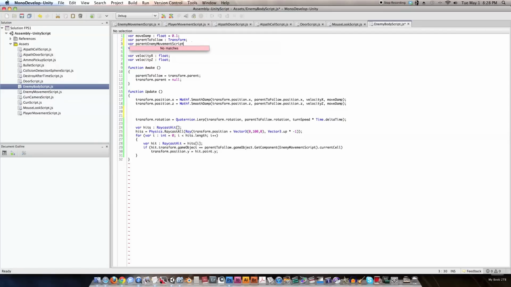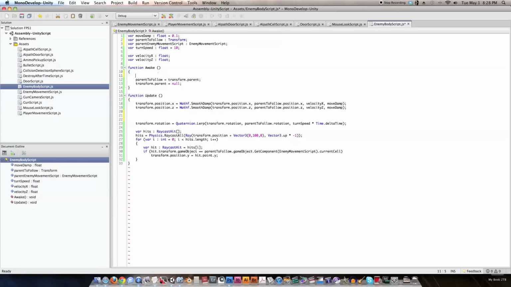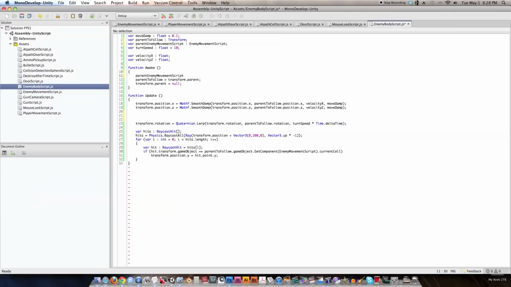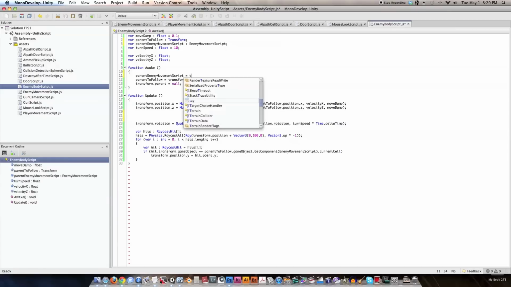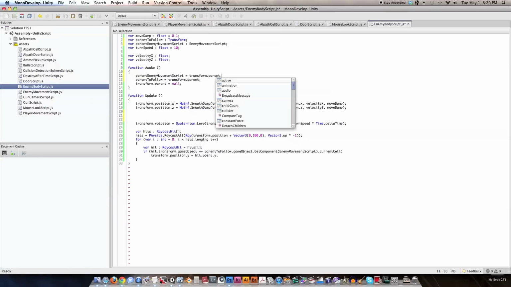And we are going to have this be of type enemy movement script. And then I'm going to create a variable. I mean, not create a variable. I'm going to set that variable to parent enemy movement script equal transform dot parent dot game object, because parent is a transform, so we need to get a game object, and now we're going